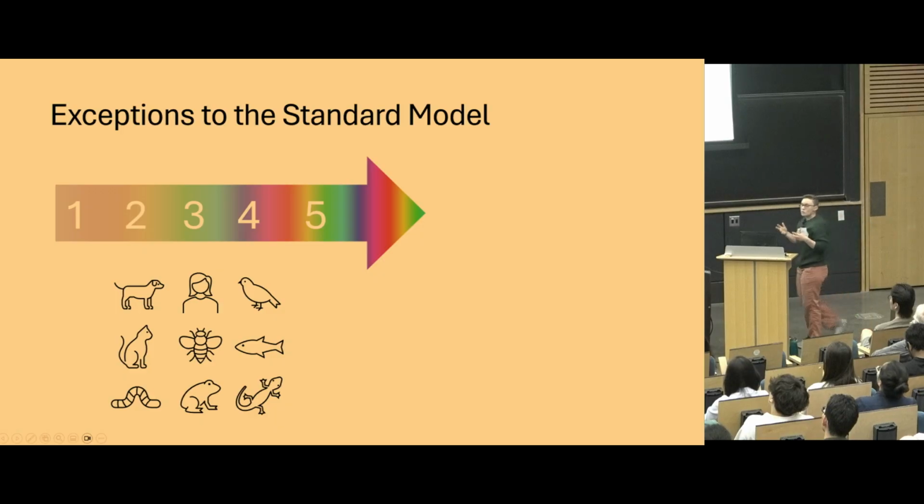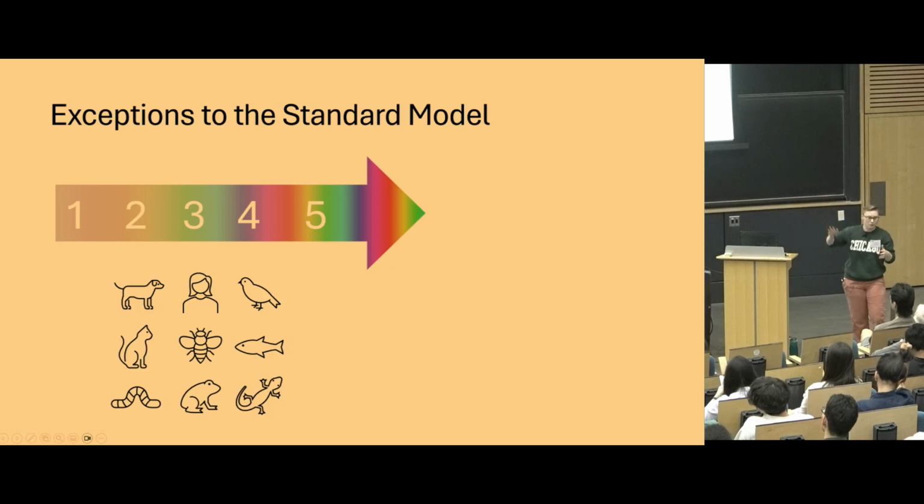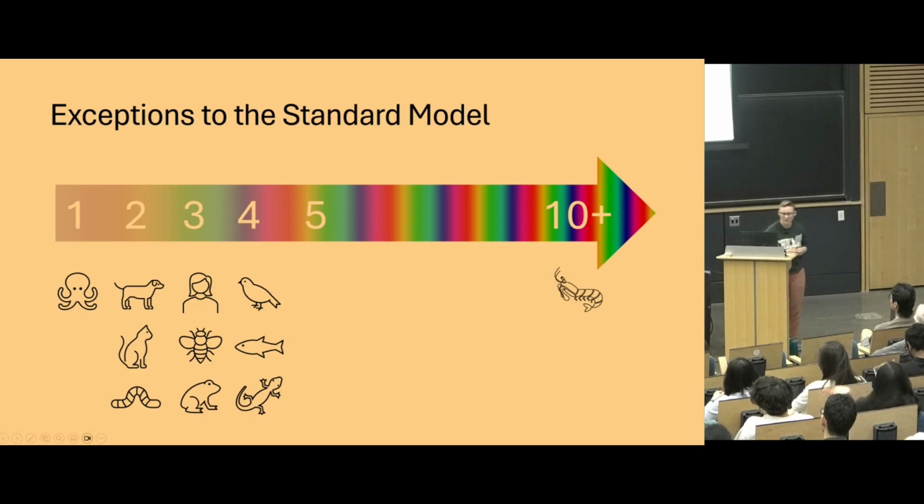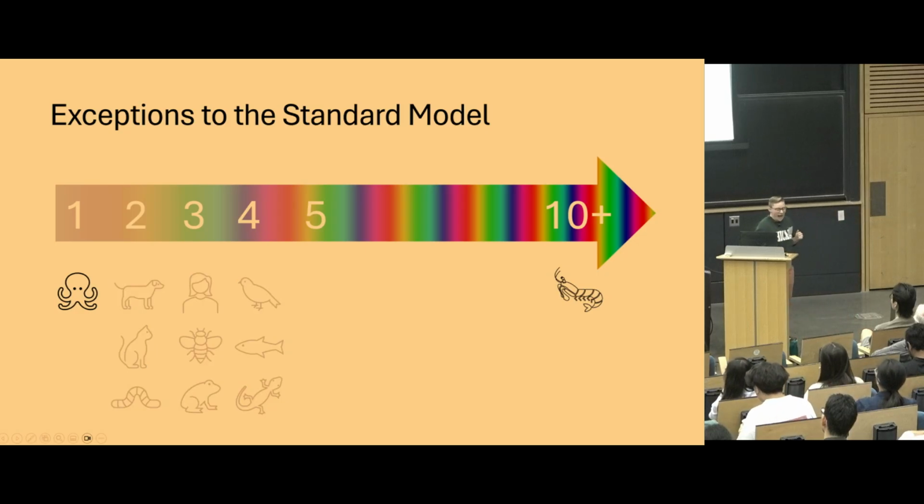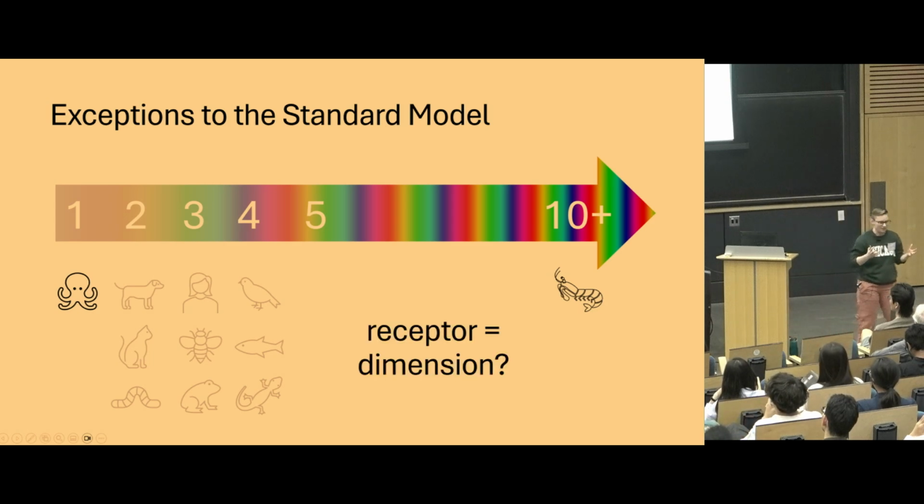But we're looking for new computational principles, and so we are interested in exceptions to this rule. Specifically today, we're going to be thinking about exceptions in dimensionality, and there are some on both ends of this scale. There are a few animals that seem to access fewer or more dimensions of color than there are in the world. This is confounding, because the core dimensionality of the signal of interest is very robust and well known. And so this leads us to ask, are receptors always identically equal to dimensions? They are in the standard computational model, but if you compute differently, they might not be.